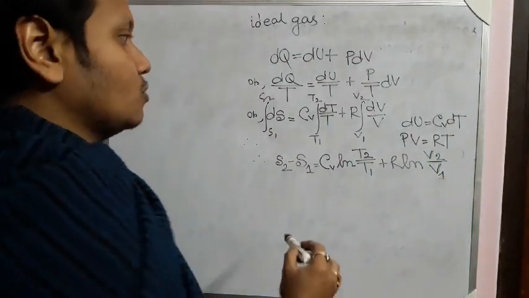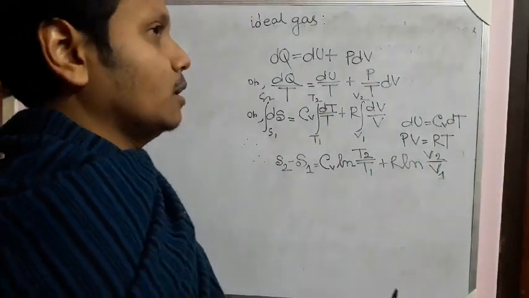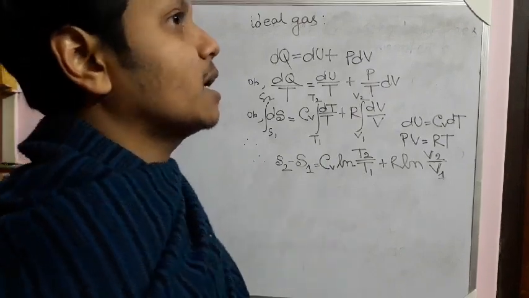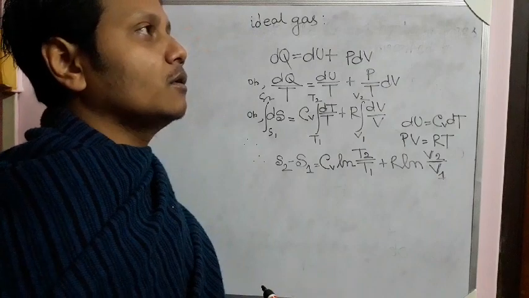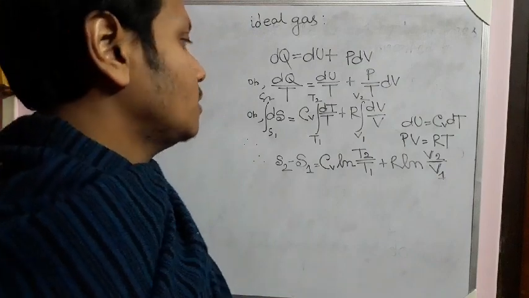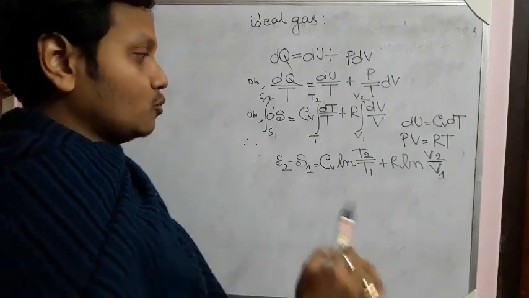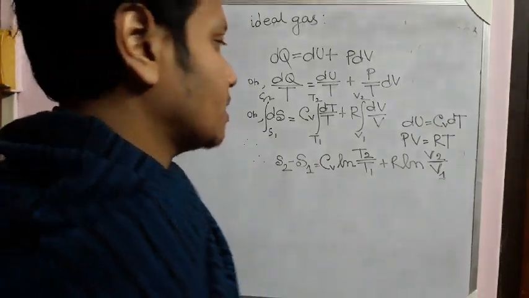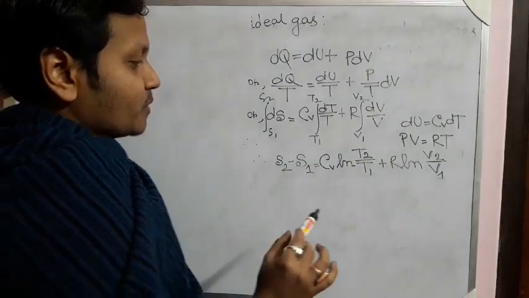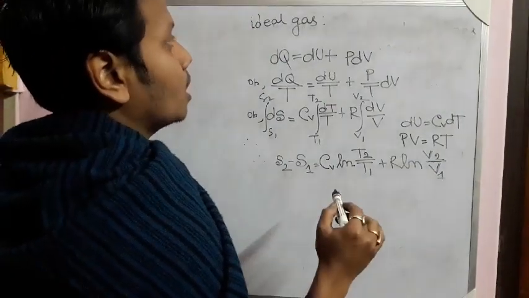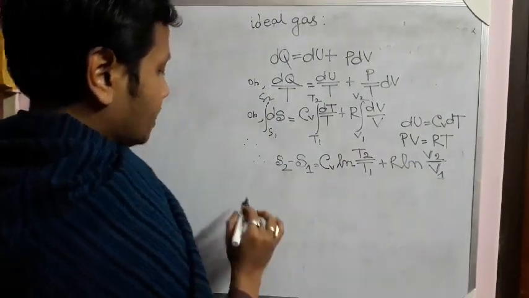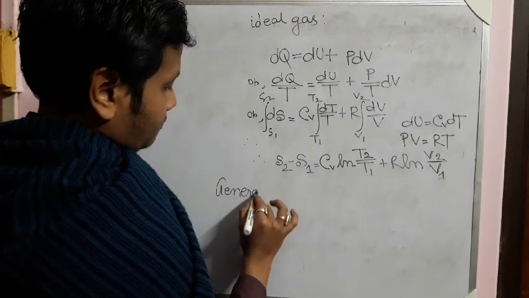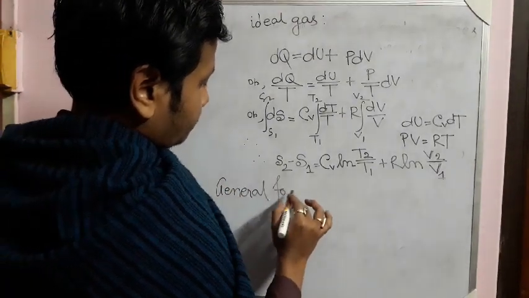Now you can calculate this change in entropy for a perfect gas under all conditions. Suppose, but you have to do some simplification, so that we will tell in my next class. Okay, but till now I shall derive the general formula for entropy change for a perfect gas. Okay, so this represents the general formula